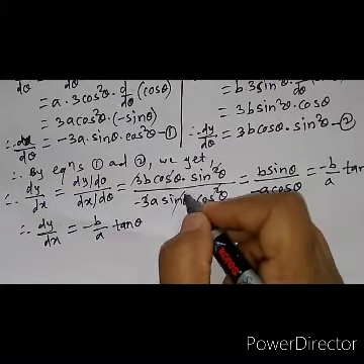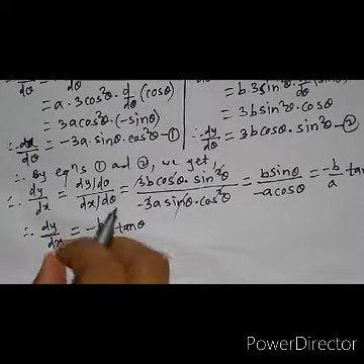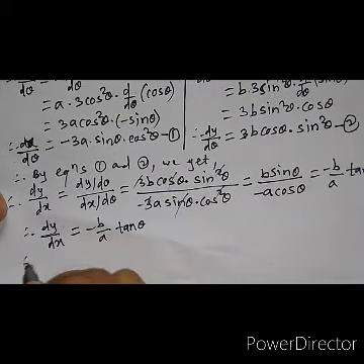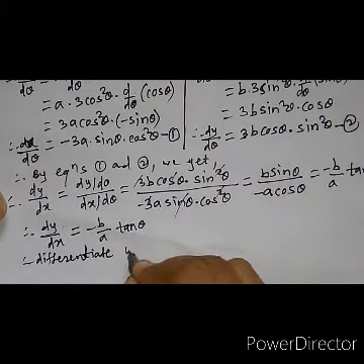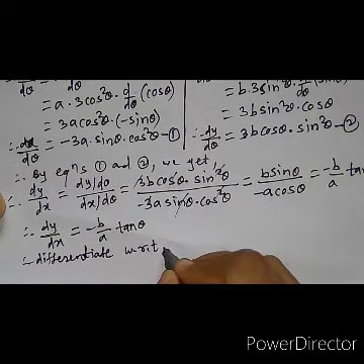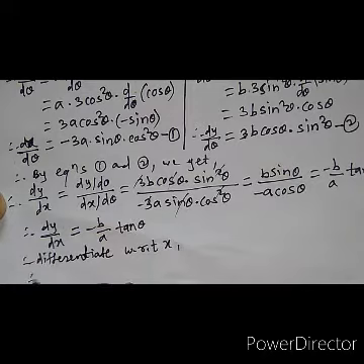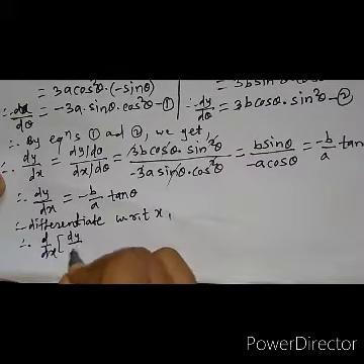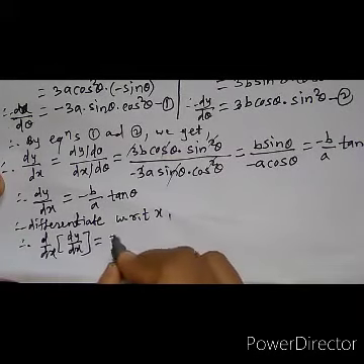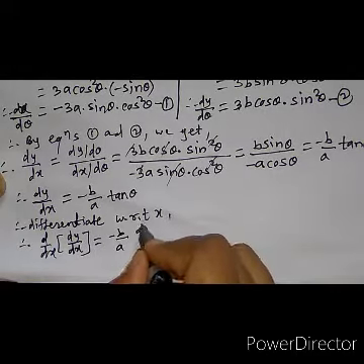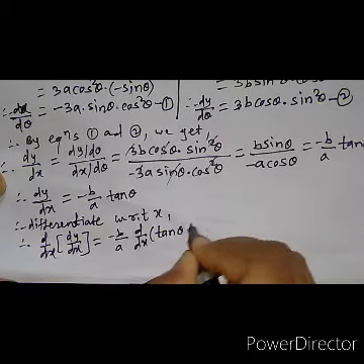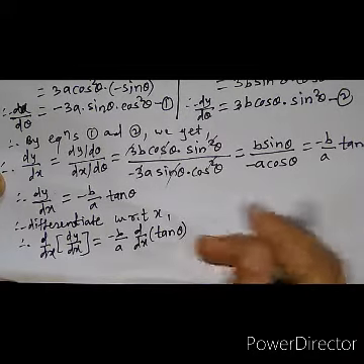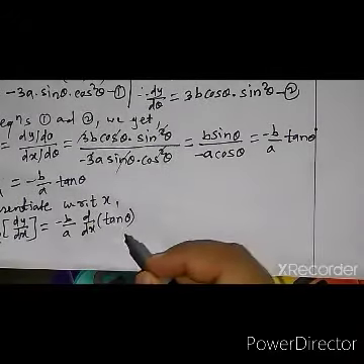Here we have to find the second order derivative. Therefore again we have to differentiate this dy by dx with respect to x. Therefore differentiate dy by dx with respect to x. Therefore d by dx of dy by dx is equal to minus b upon a is constant, so d by dx of tan theta, so it can be written as